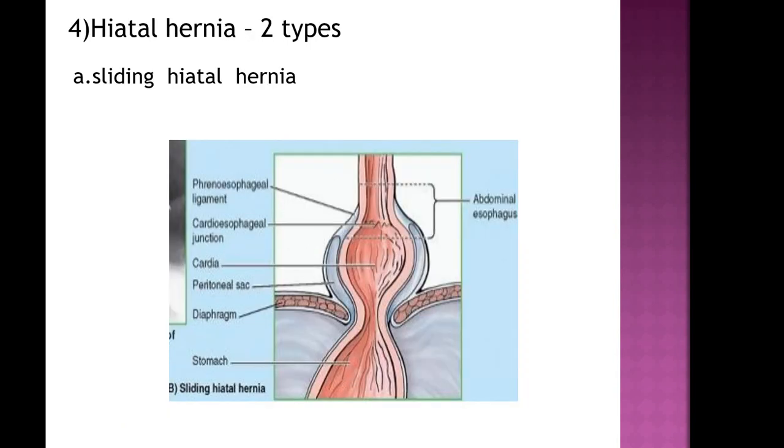The second type is the sliding type of hiatal hernia. In the sliding type, the abdominal part of the esophagus, cardia and parts of the fundus of the stomach slide superiorly through the esophageal hiatus into the thorax. Especially when a person lies down or bends over, some regurgitation of stomach content into the esophagus is possible because the clamping action of the right crus of the diaphragm on the inferior end of the esophagus is weak. So there are symptoms of regurgitation in sliding hiatal hernia.